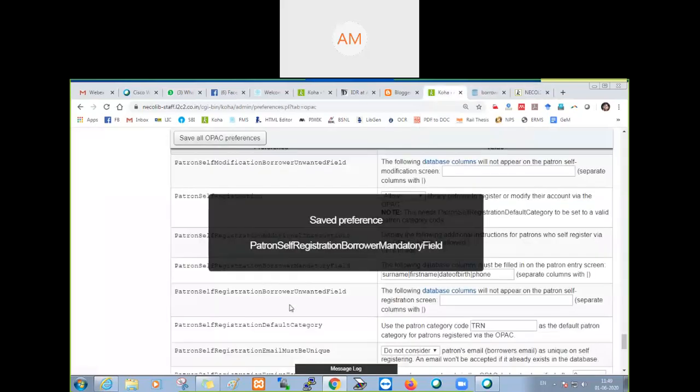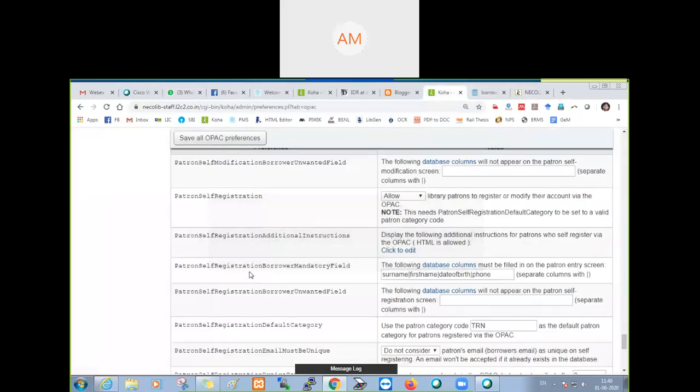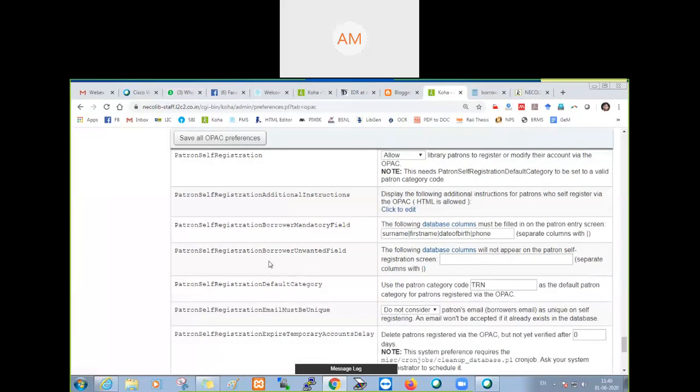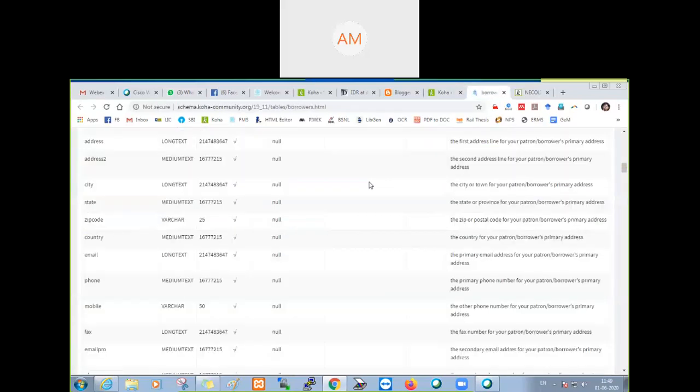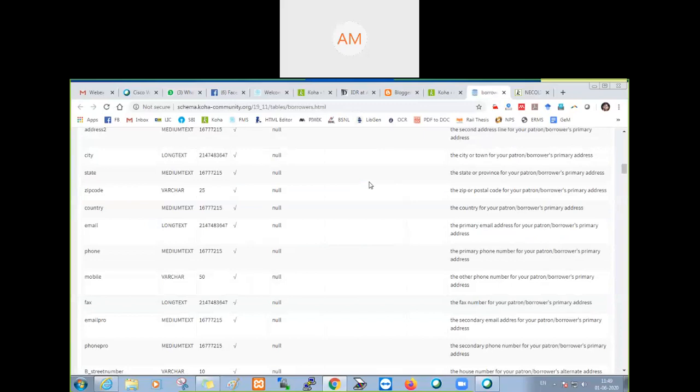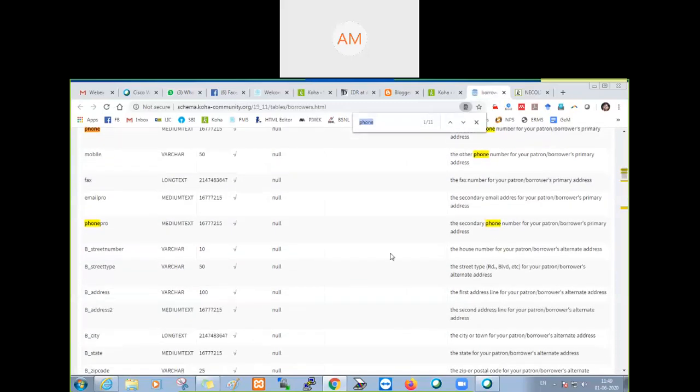So I'll again go to here. Now you see patron self registration borrower's mandatory I have done. Now I am in patron registration borrower unwanted field. So I don't want unwanted field, so I'll click here and search for secondary phone.